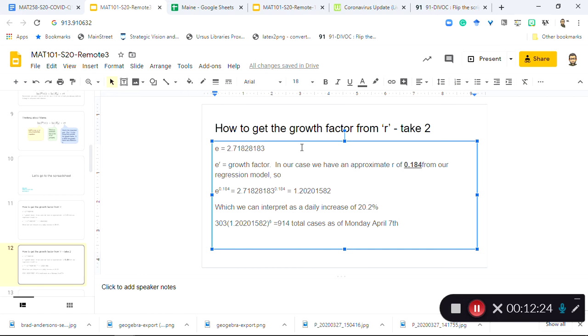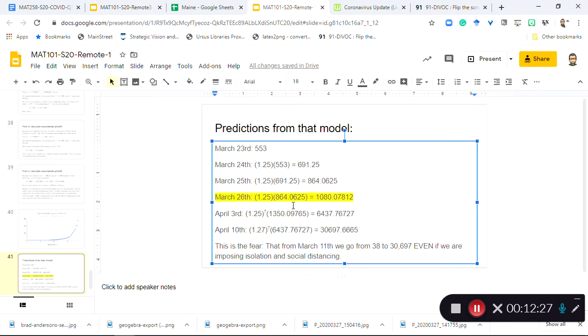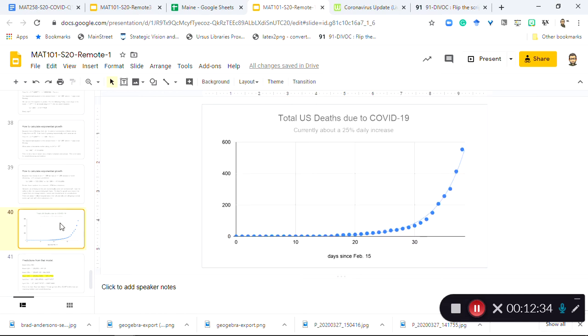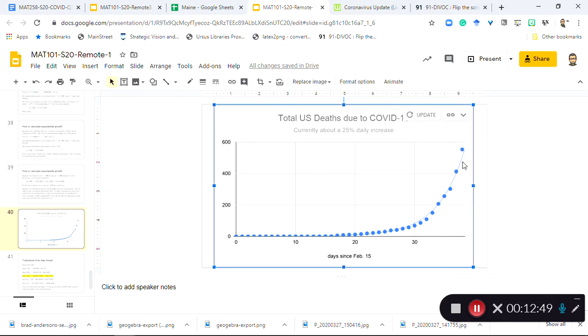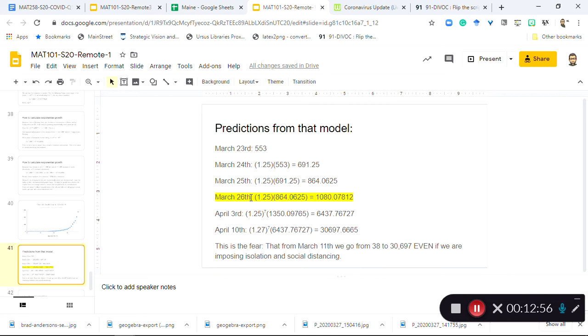Well, in preparing these slides, I had gone back to the first week, and I noticed that this is using data from the deaths from COVID. Now, for this particular model, I do have a spreadsheet. This is a graph from one of my spreadsheets using the total deaths in the US from COVID-19. And I didn't keep it up. This stops like last week. And I noticed that I had made a prediction for March 26th, and I had a growth factor of 1.25.